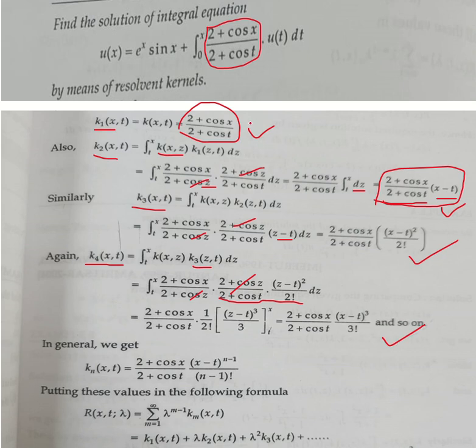So we know what is k1. We know what is k2. We know what is k3. We know what is k4. So can we generalize? Yes, we can generalize. So it is kn of xt is equal to, in everything you see 2 plus cos x by 2 plus